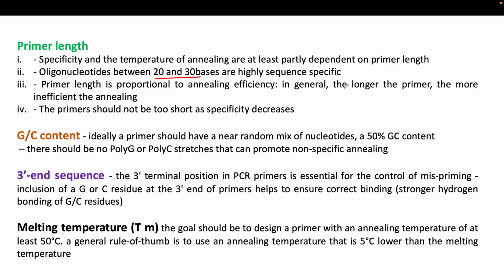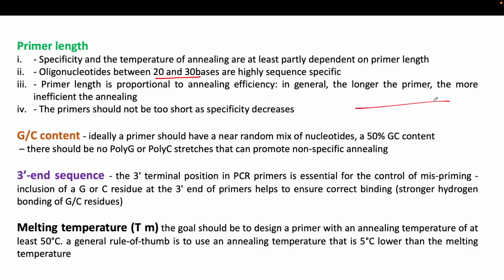Okay, so if you are having a longer primer, then the annealing will be inefficient, because you require more temperature for annealing. If your primer length is high, okay, then the primer should not be very short, as